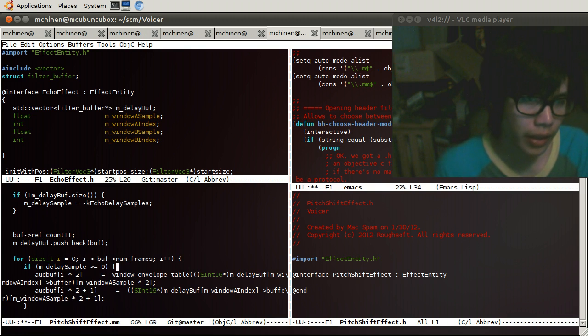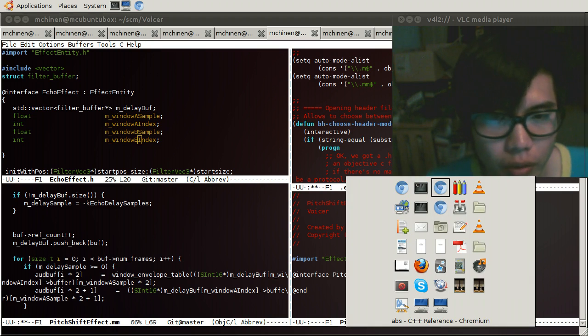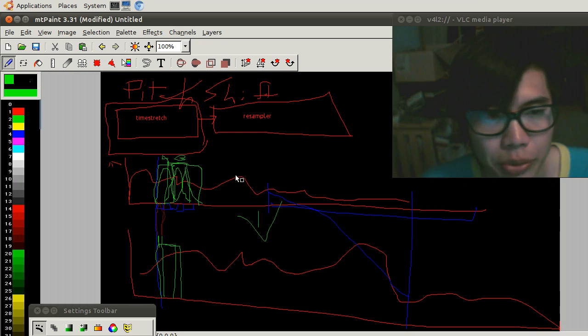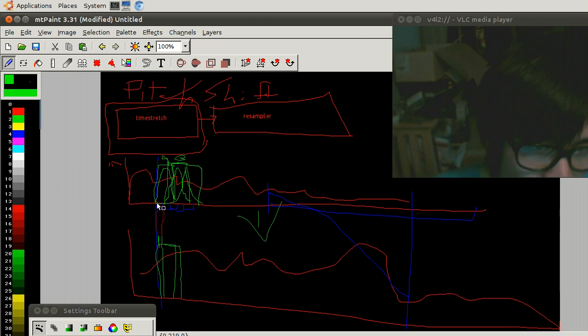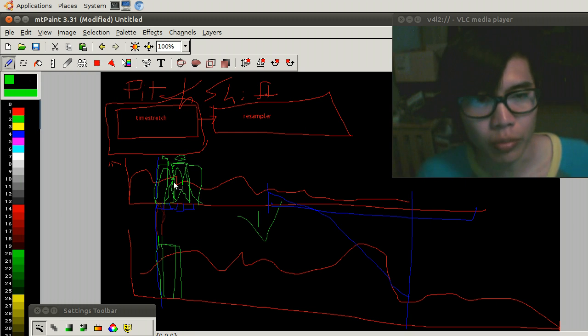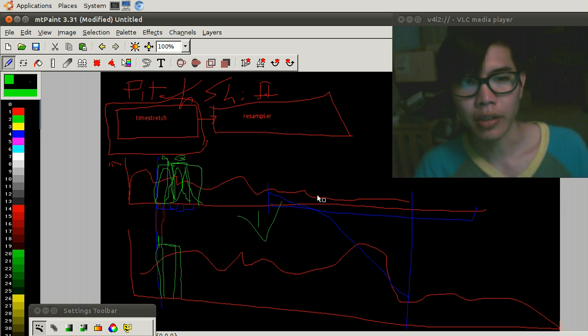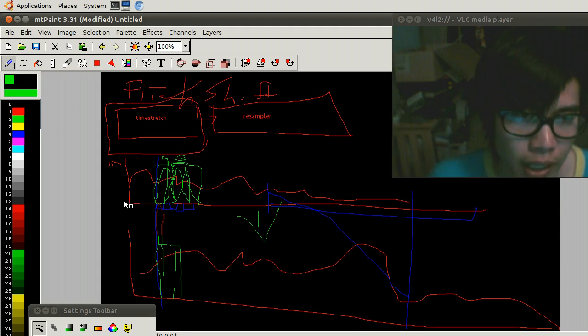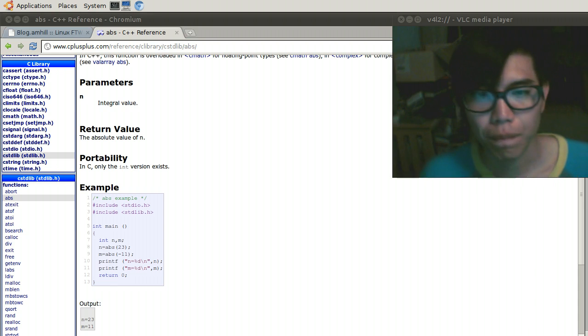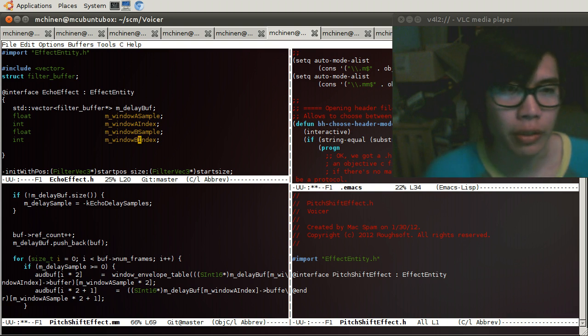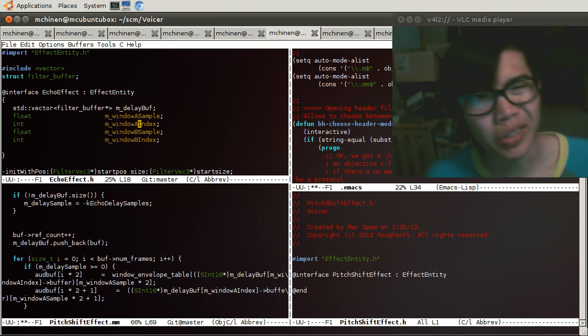I've thought about it and it looks like we will need one more member variable. The thing is, what we're keeping track of is just these samples, where we are, not in the window, in the global red object. That's the index we're keeping track of, and also which blue index. But we weren't keeping track of the green things, and the green windows are the actual windows. So window A sample,